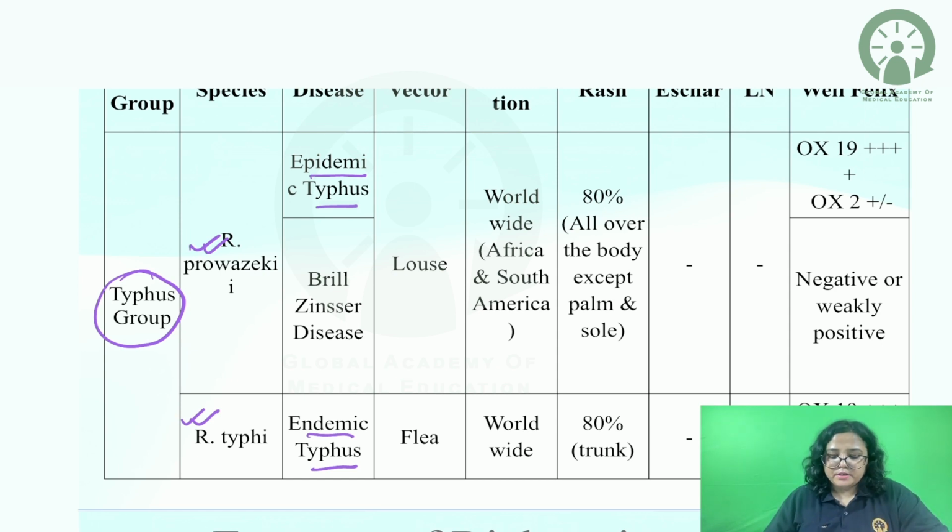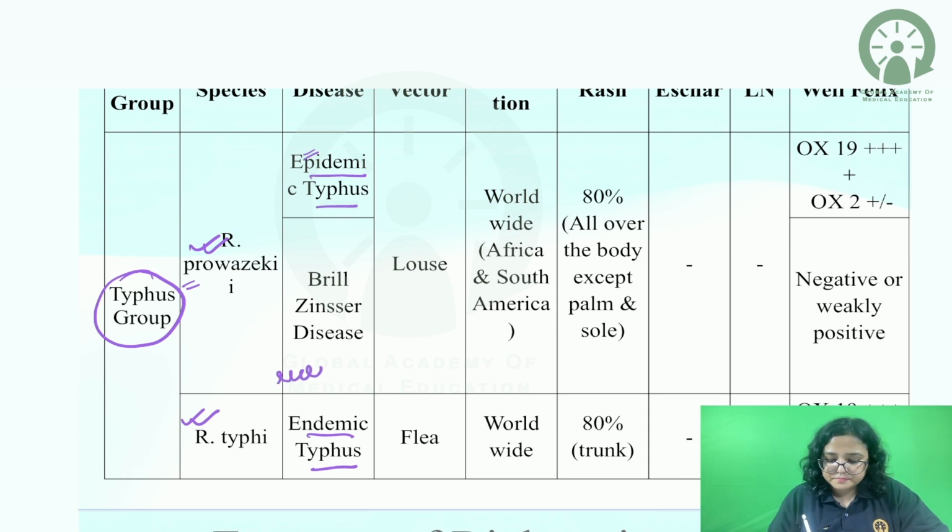Now how to remember that Rickettsia prowazekii causes epidemic typhus? We can see that Rickettsia prowazekii and epidemic, you can remember the P. So from that you can choose the answer that epidemic typhus is caused by Rickettsia prowazekii